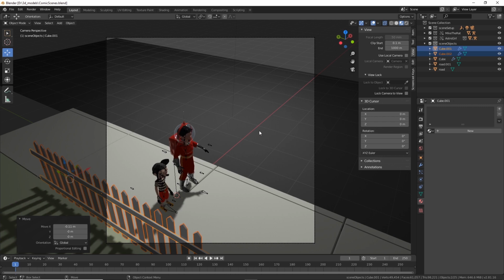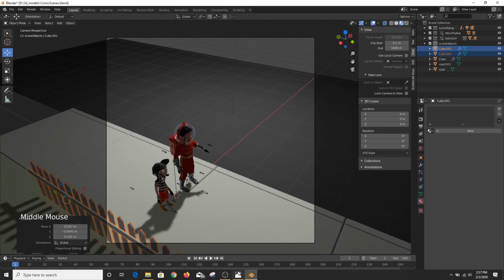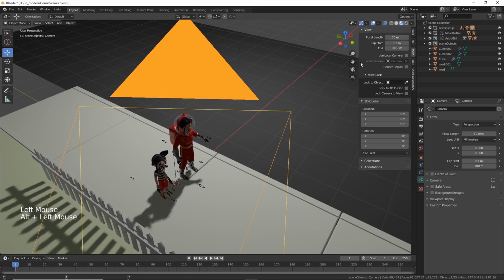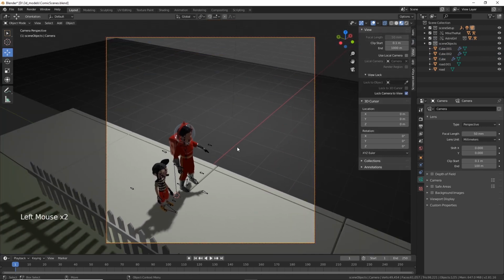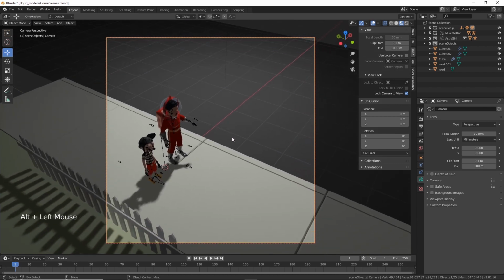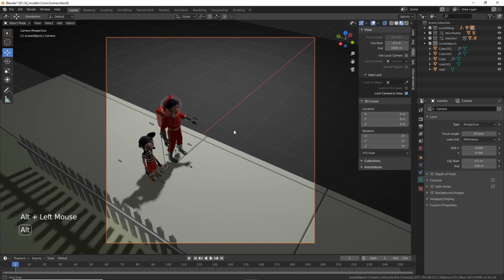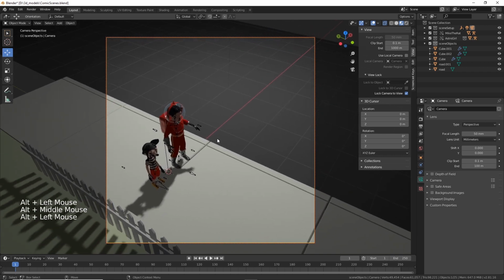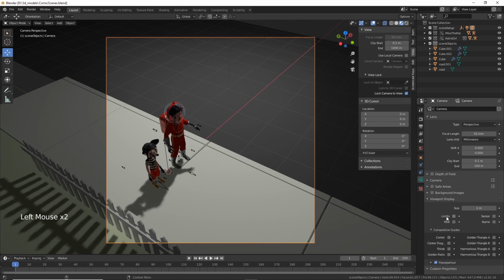And let's look at our pre-planning here. Let me go back and lock our view and just see if there's a better camera angle. So this is more of what I had, but it's all right. So one of the things we can do now that we're starting to plan out our composition, because I'm wanting to get this in a way where it's more dynamic and the lines work to reinforce what comes next, is if we select our camera, go to viewport display, and then composition guides right here,